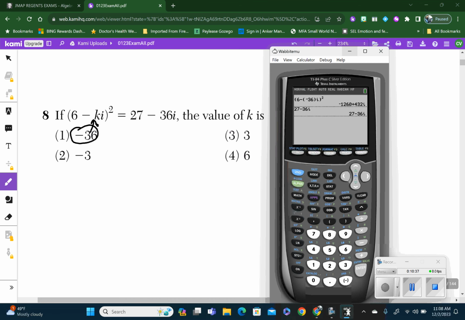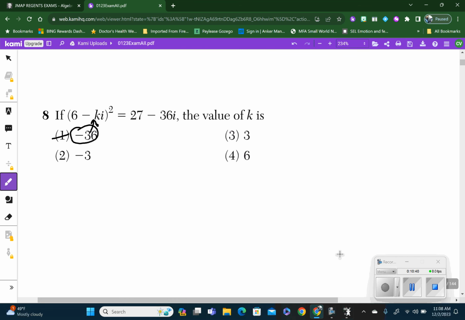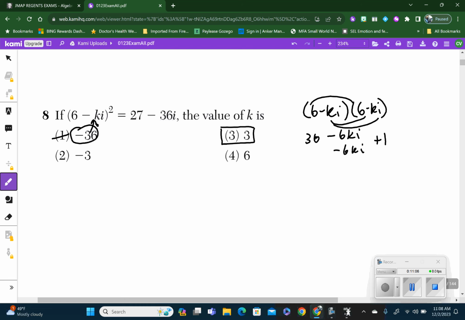So you can do it that way, and you'll notice that the only answer that makes sense that does work is option 3. Or you can go ahead and actually do this yourself. So you could do 6 minus ki squared, which means you're multiplying it by itself, right? And then FOIL that out, so you get 36 negative 6ki negative 6ki plus k squared i squared. And then when you add this together, you're going to get